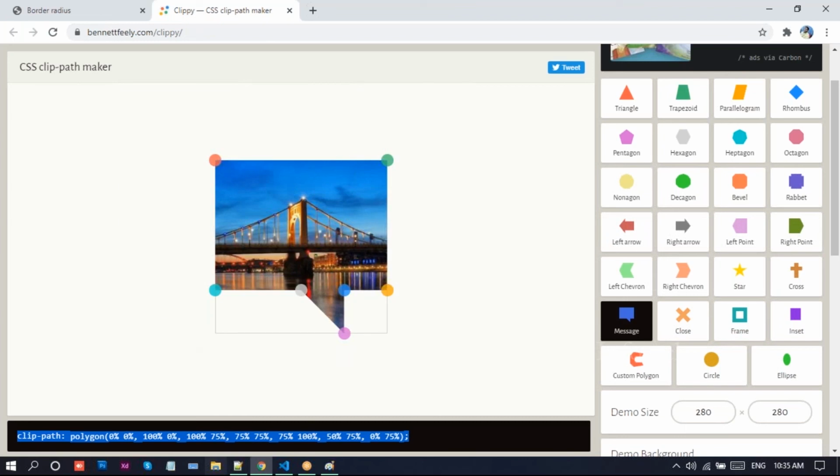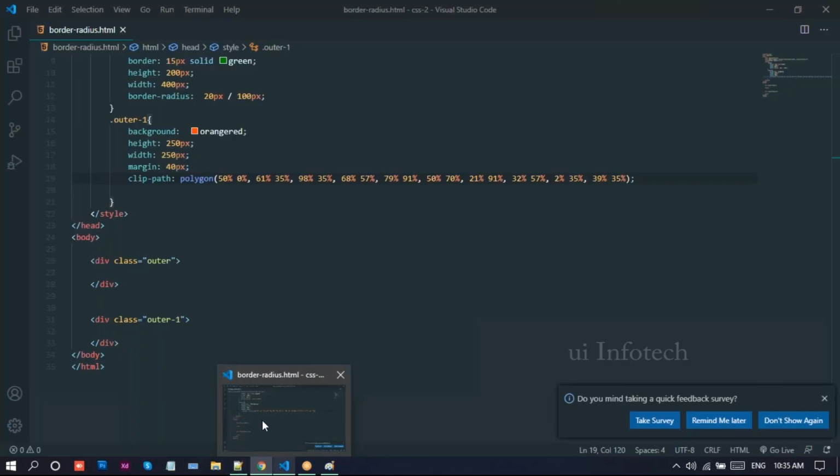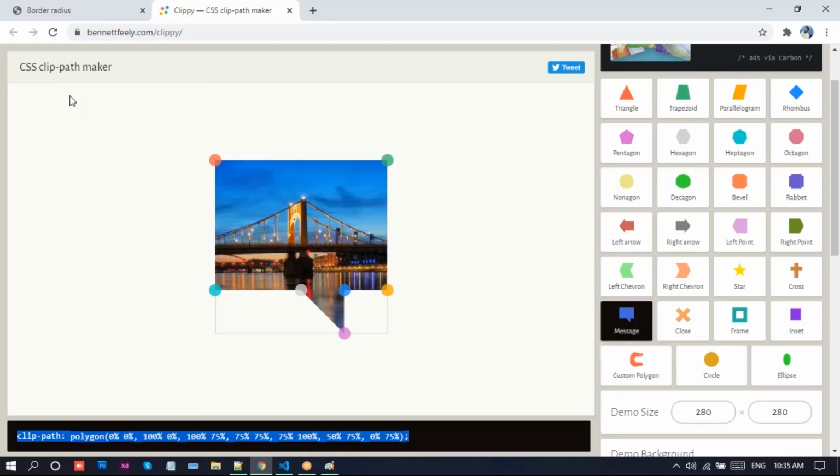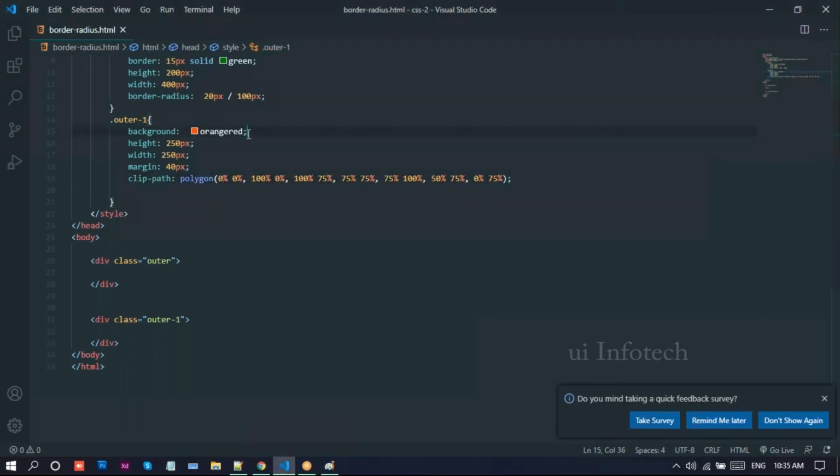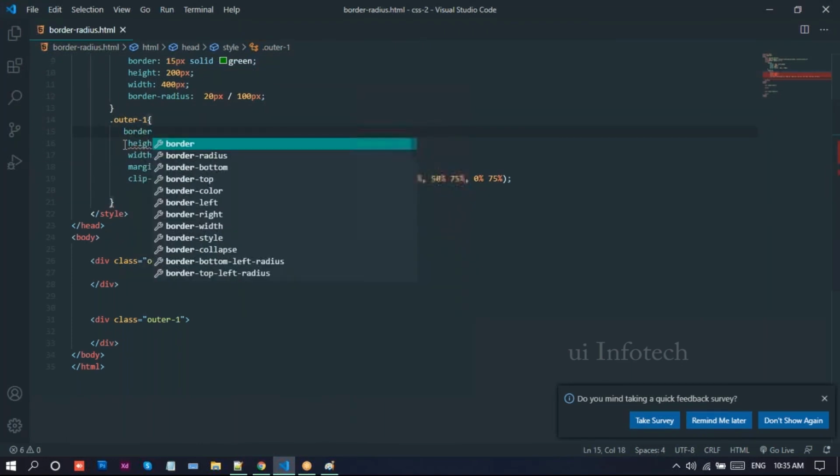Now, if you don't want this background color, if you want this as a border, I just remove this one here. Just provide the border: 3 pixels, solid red color. And if you want, you can increase the size of the width, to 850 pixels, height 250 pixels. Let me go to this browser once, just reload this page.